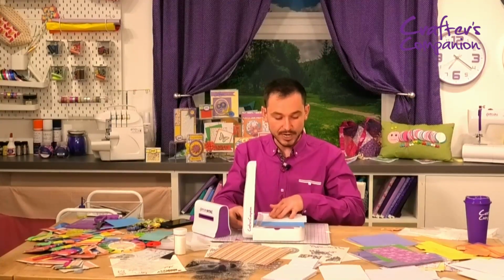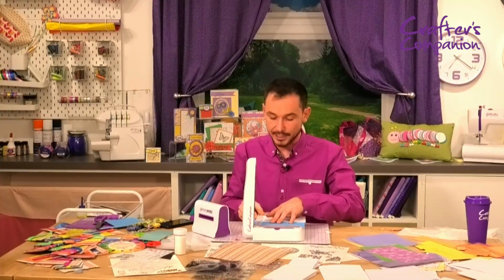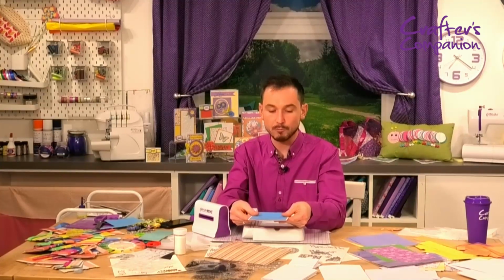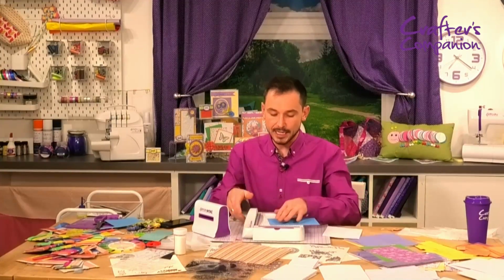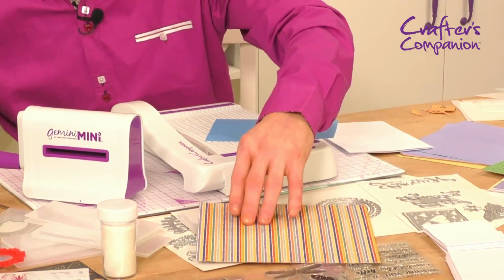So if I just bring these in, and again, I'm just going to line this up so that I can get my matting and layering done. So that's our one layer done. So that's our blue just there. So if I just trim that slightly,